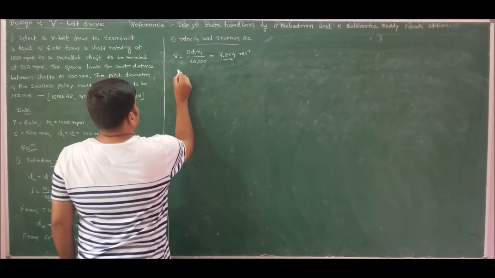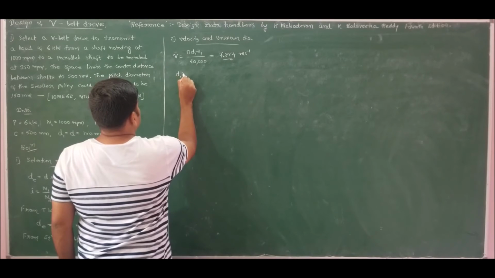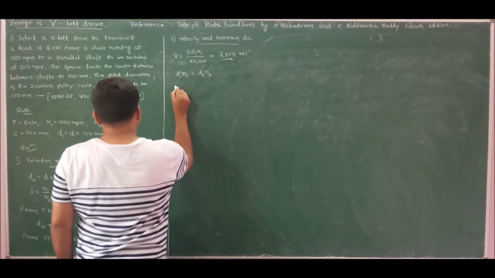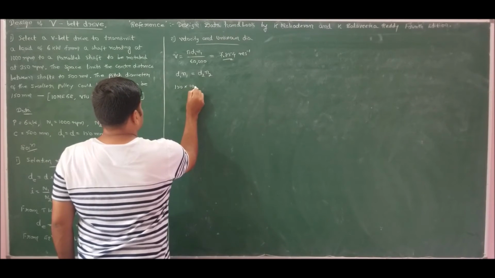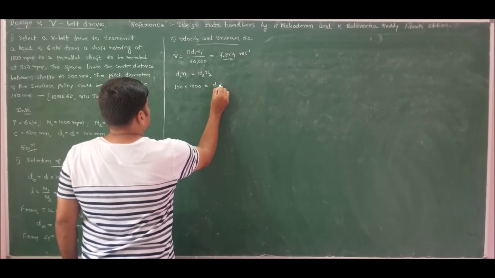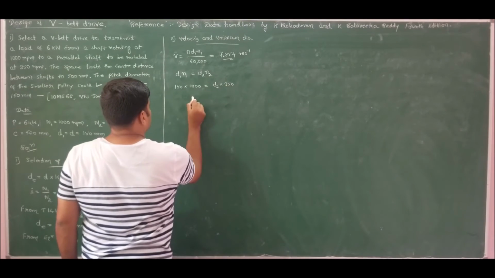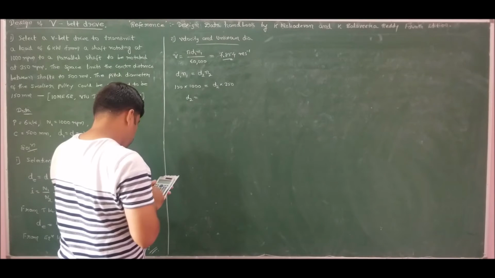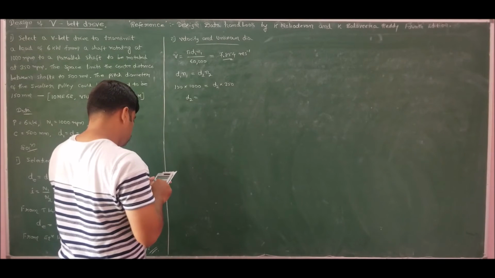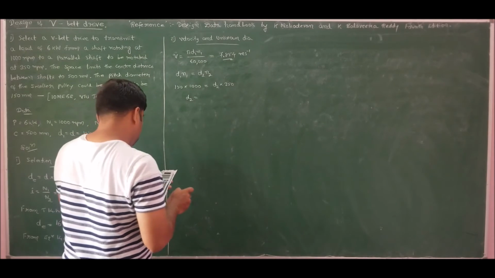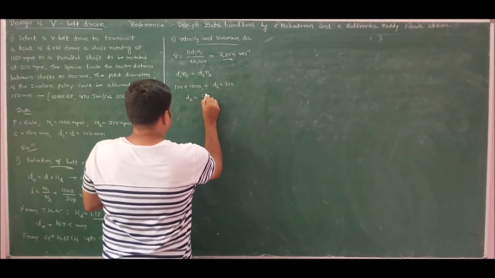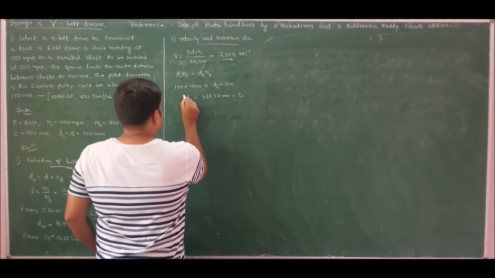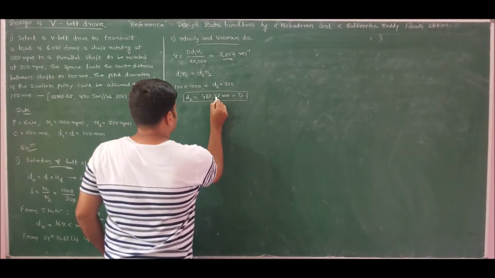Next, for calculation of the unknown diameter, we have d1 n1 equal to d2 n2. So d1 is known, 150, speed is 1000, d2 is unknown and speed is 350. Therefore, the larger diameter, capital D, will become 150 into 1000 divided by 350, which turns out to be 428.57 millimeters. This is the diameter of the larger pulley, which is running at 350 rpm.